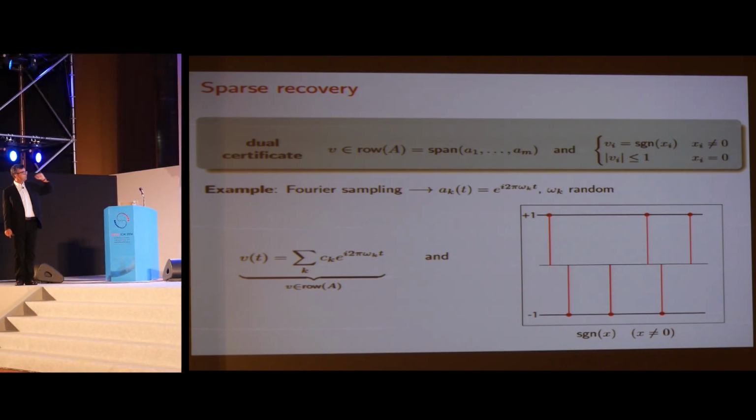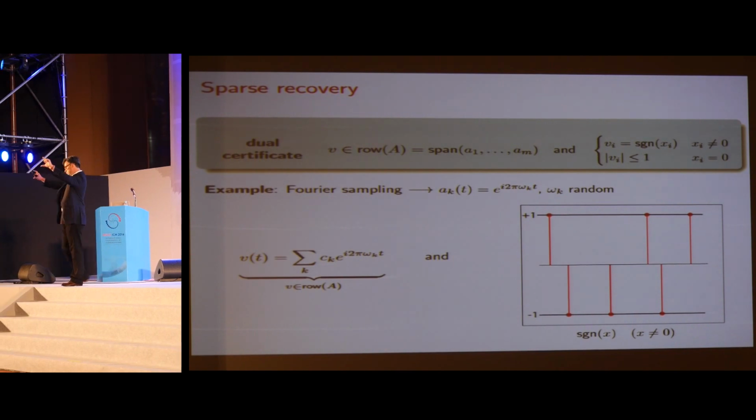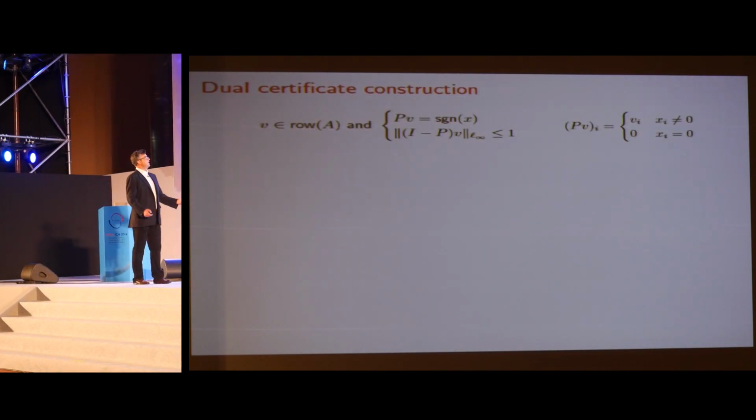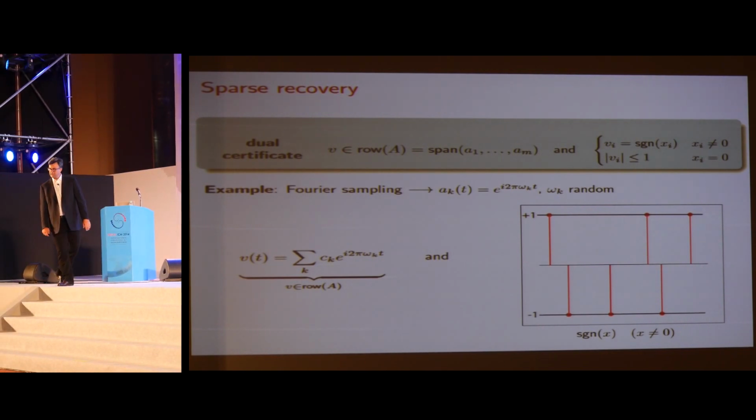And this sparse trigonometric polynomial needs to do two things. It needs to interpolate the sign of X, which is shown on the right, and everywhere else it needs to be less than 1 in magnitude. So it needs to be in between plus and minus 1. Okay, so that's becoming analysis. And as you can see, it's very different from the kind of volume calculations we've seen before. What the first result I've shown you says is that if the number of equations is S log n, then there is such a thing.